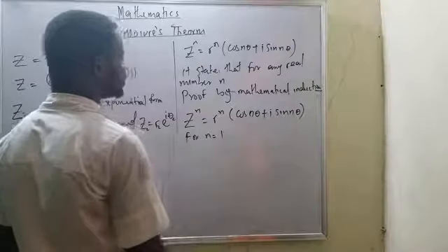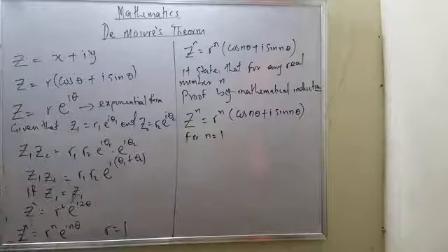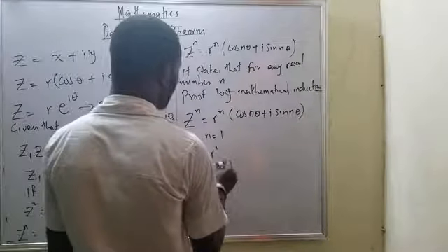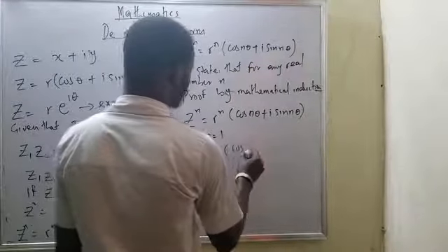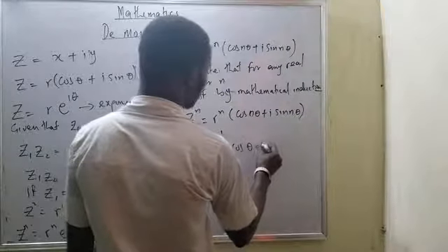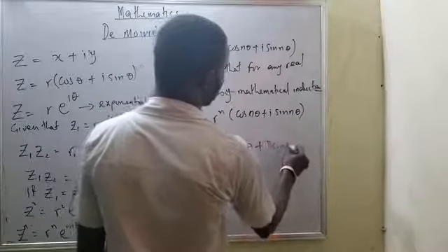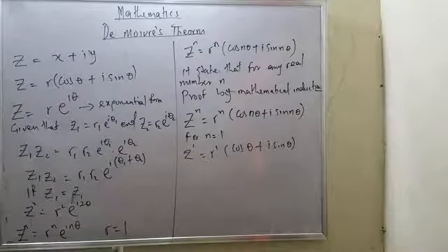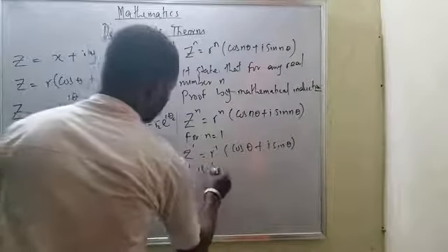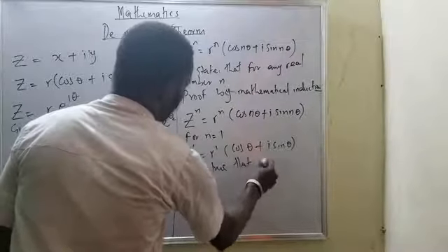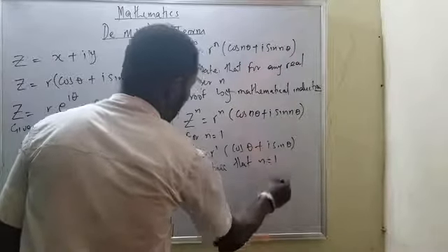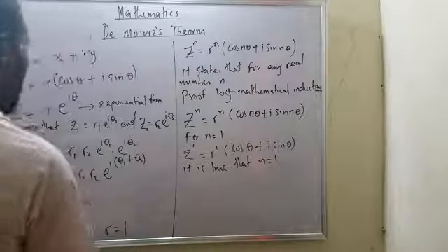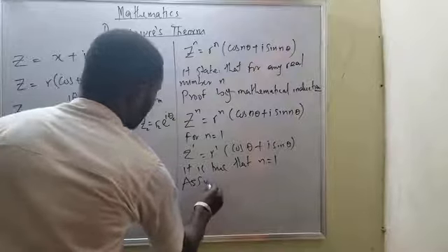Now, what I will do is start with n equals 1. Since I know for n equals 1, my z^1 equals r^1 (cos θ + i sin θ). That is when n equals 1. Now, it means it is true. It is surely true that n equals 1. Now, assume